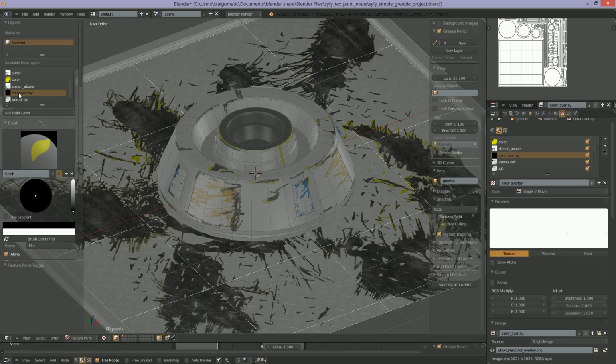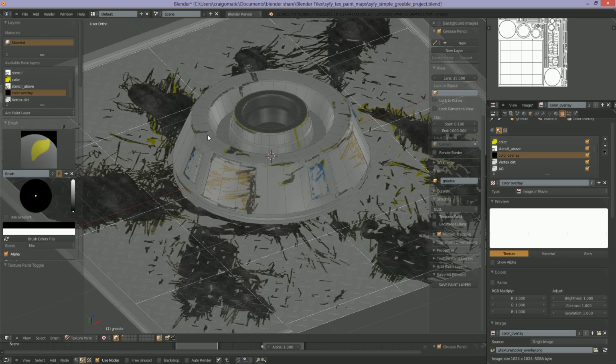Now, it has to be active here. In the Google Summer of Code build we have the paint layers here, but we also have the texture layers here. This needs to be highlighted in order to be able to paint on it. And if I just use my normal brush and paint,